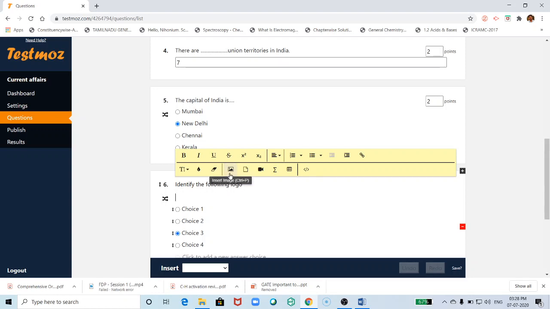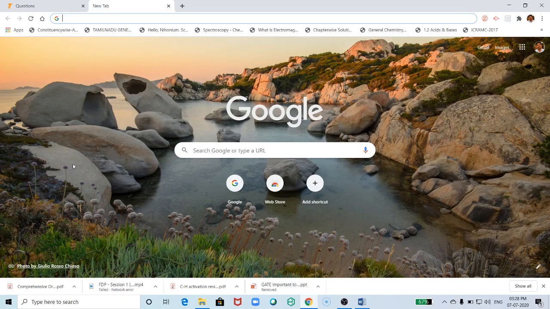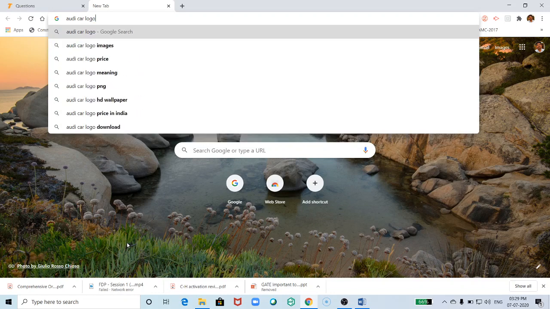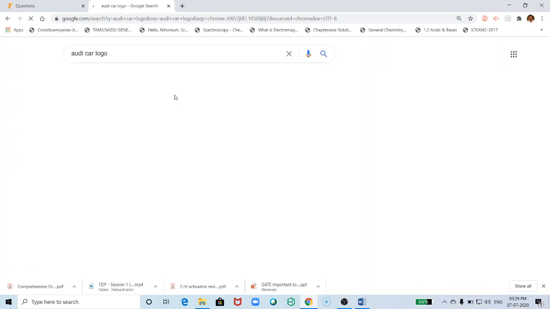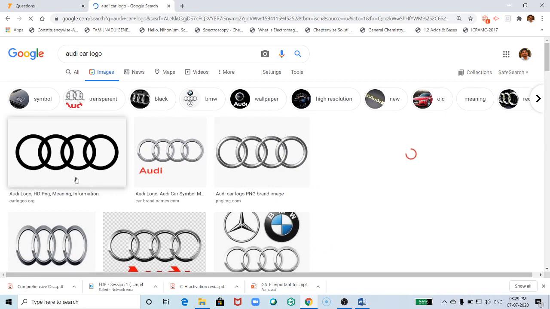For this, what you have to do is insert image. Click this. Here you have to type the URL link. This is the image I'm going to insert.